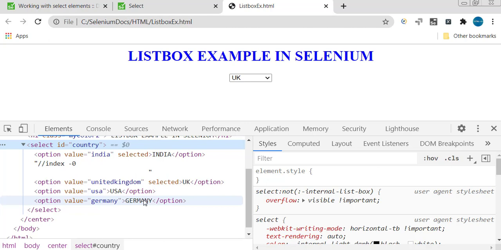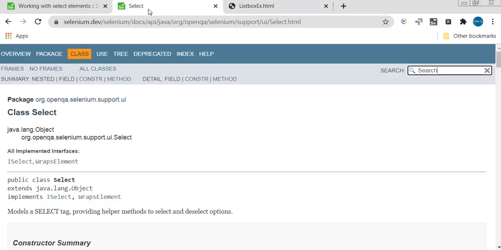Now, before we get into the Selenium program, we also need to understand two things. The first point is we have to focus on the Selenium Java documentation, because just now we have seen how to write a program in HTML to display the page in a browser. But the next thing is we have to automate. For automation, we are automating a web page, so we need to use an API. The API is available in the Java documentation, so we always need to refer to the Java documentation.